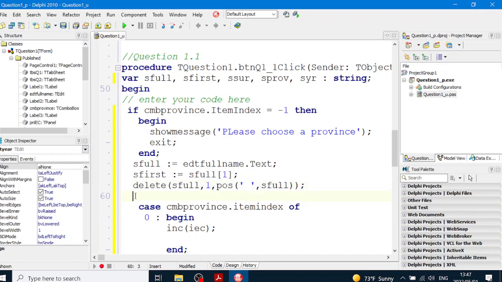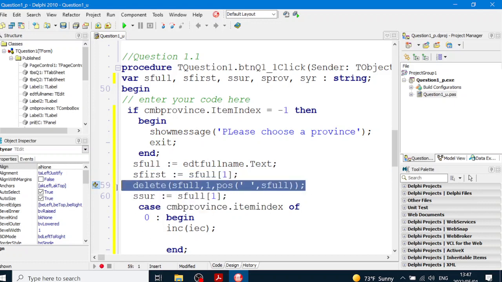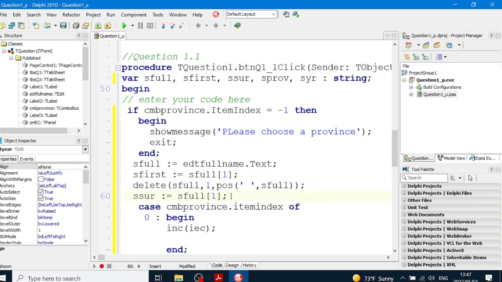So then S sir will be the character number 1. So I'll get the first character of the full name, which is the first character of the first name. Then I delete the first name, including the space, and then I'll get the first character of S full again. It's going to be S sir. S prov must be equal to, actually I don't even need to do that. I can just say